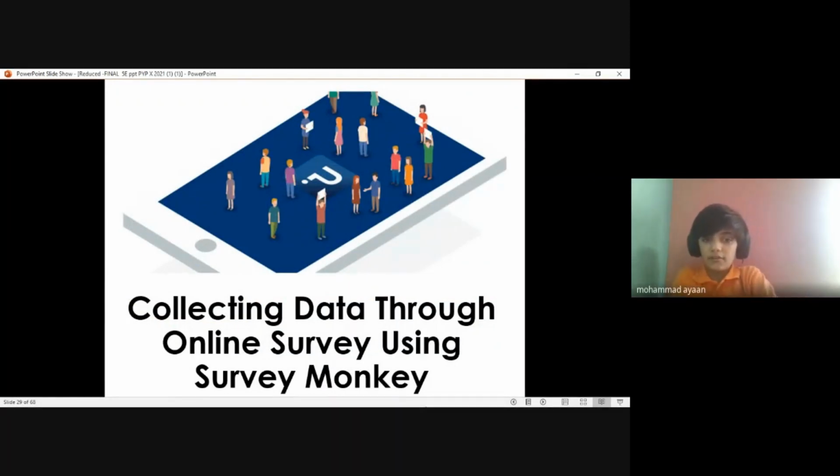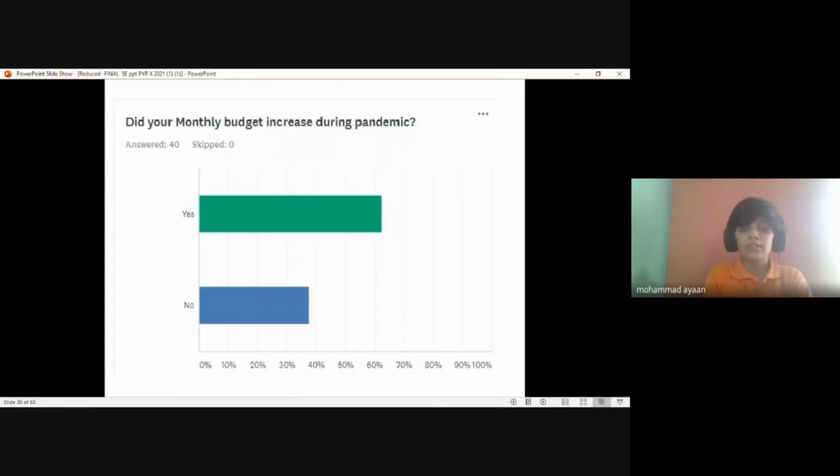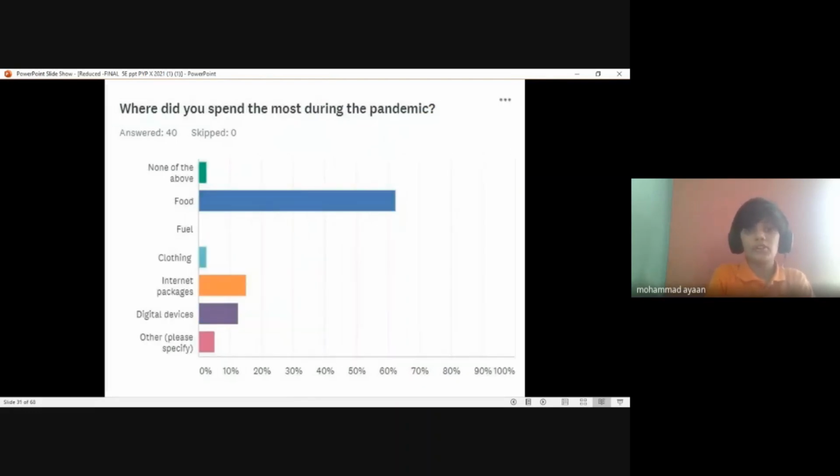We planned a survey to collect data about the trends in the market so that we can figure out the demand and supply of various items during lockdown. Survey results show that people spend more on food, masks, and sanitizers. They preferred online shopping and instead of buying fancy clothes, they bought